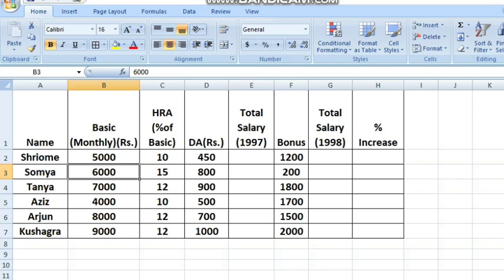So let us see. The first question is to find out the total salary of the employee by adding the basic, HRA and DA. So you can see that in the question the names of some employees are given and then the basic salary is also given. HRA is given in the form of percentage, right? So you have to find the percent of the basic salary as HRA and then DA. Now here what formula will we write?